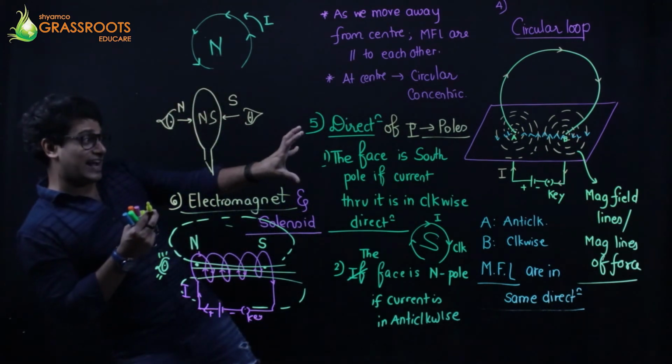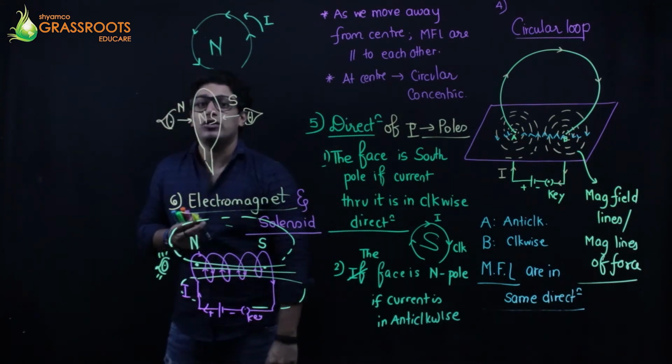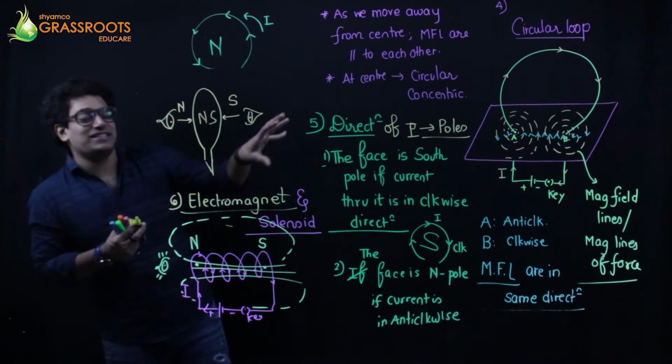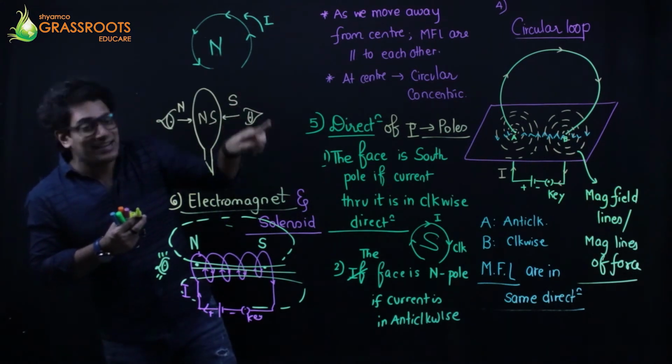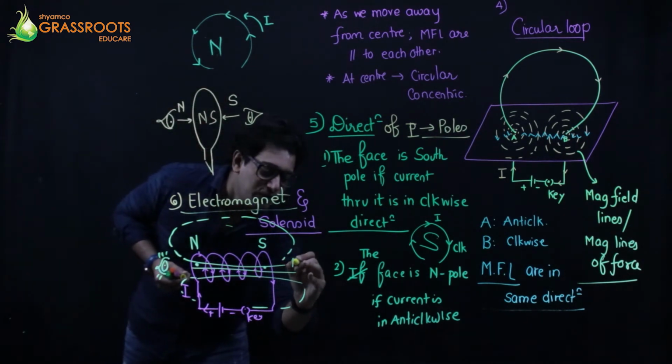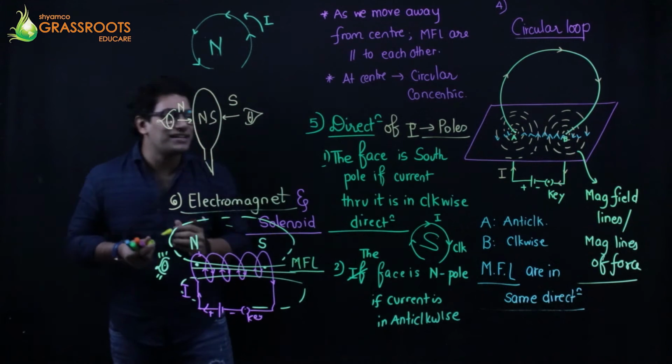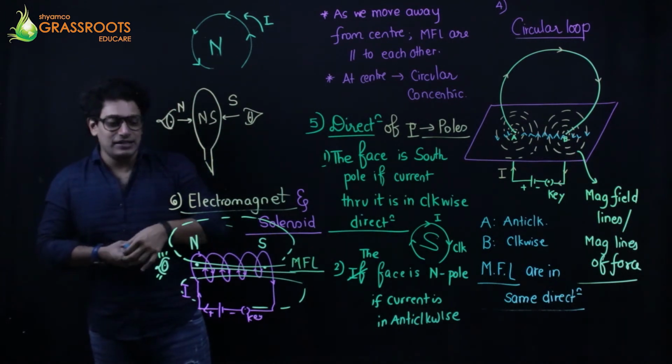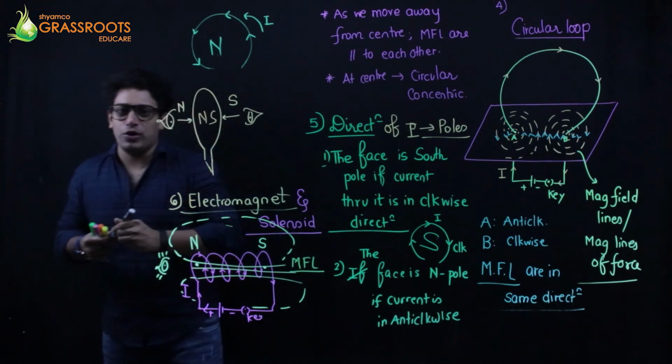इधर देख के ऐसे exactly imagine करना पड़ेगा कि कौन से face में कौन सा face देख रहा हूँ, current clockwise जा रहा है कि anti clockwise जा रहा है. So I will say that these are magnetic field lines, magnetic lines of force, right? So in a solenoid,